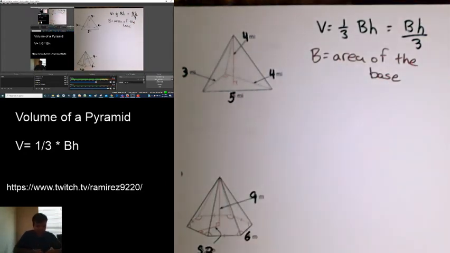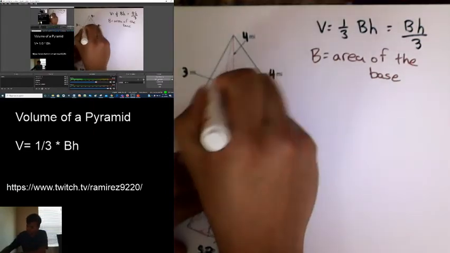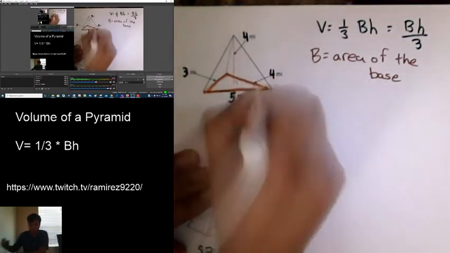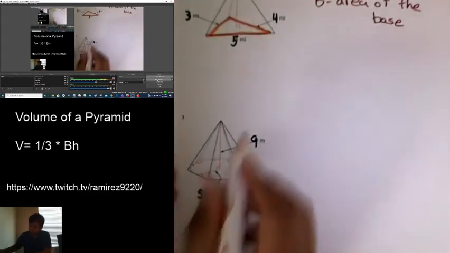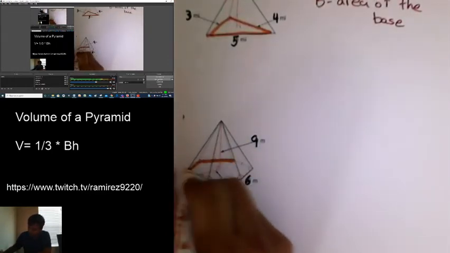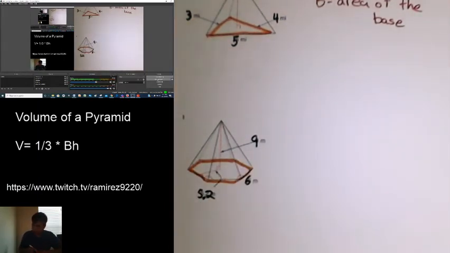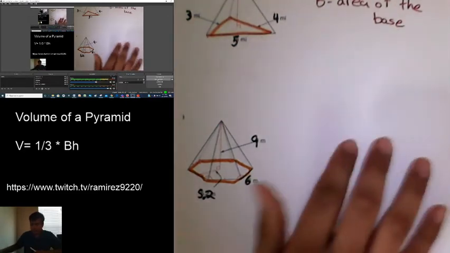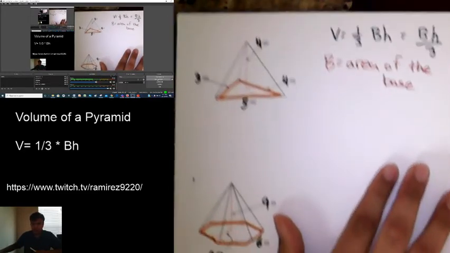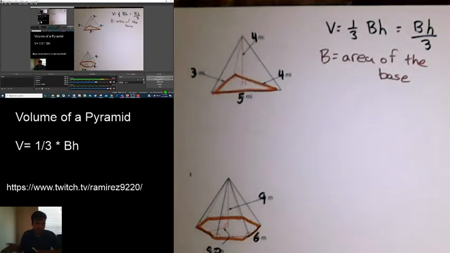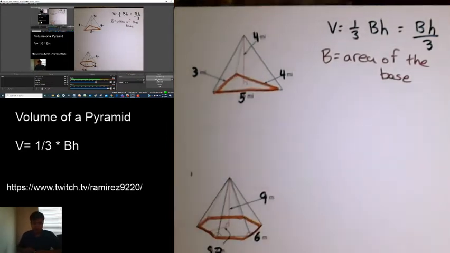Now, just like we've talked about in prisms, with pyramids your base would just vary. Here right now we have a triangular base, but over here we have 1, 2, 3, 4, 5, 6, a hexagonal base. So again, it just depends on the shape of the base, the name it's going to have. They're all ultimately going to be pyramids because they converge to one point. But anyways, if we look at this triangular pyramid above,